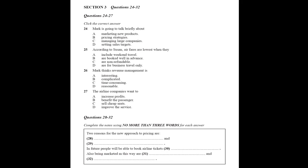Yeah, and hire car companies are also using revenue management to set their tariffs, because they're also dealing with a commodity, if you like. So the cost of hiring a car will depend on demand. Well, thank you, Mark, for that overview. That was well researched. Now, let's get on with your main topic for today, which...